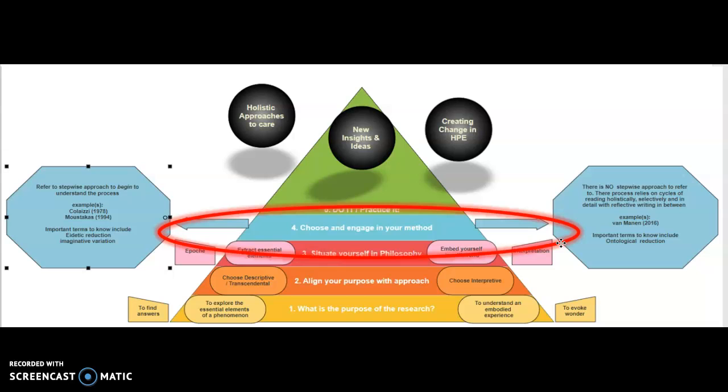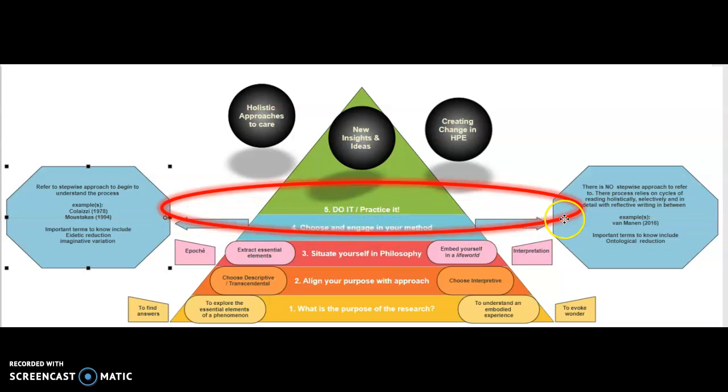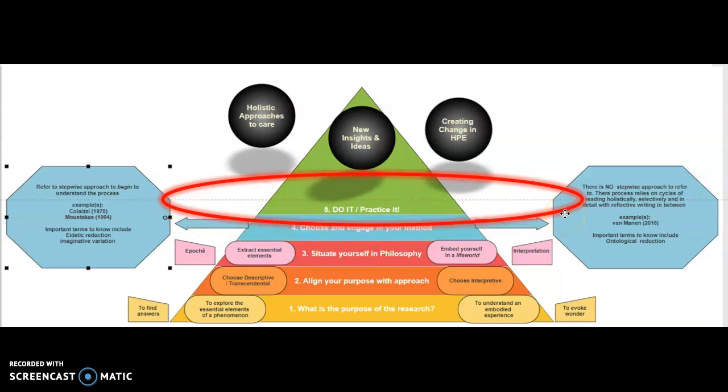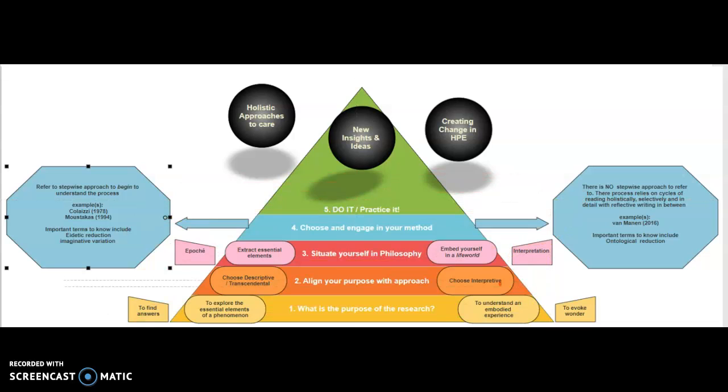So overall, this pyramid aims to convert some of the methodological and philosophical complexities into practical parts that can help guide researchers in how to approach phenomenological work with more confidence. Because as it has been described in the literature, it's not until a researcher practices phenomenology that they can really begin to understand the process itself. And I argue that it is worth